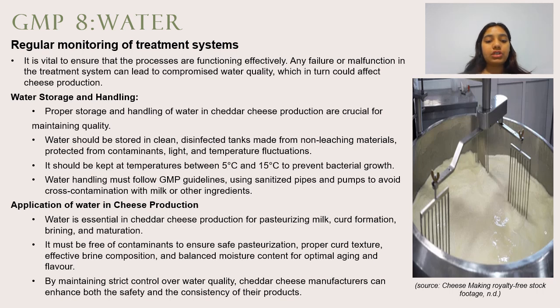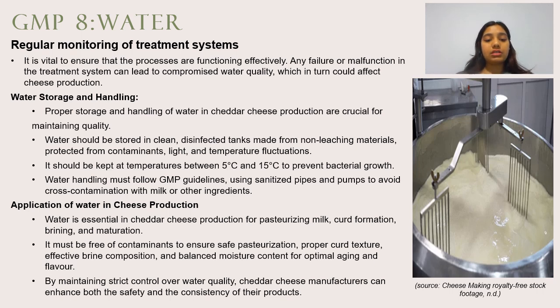The water storage and handling. So, proper storage and handling of water in cheddar cheese is crucial for maintaining quality. It should be stored in clean, disinfected tanks made from non leaching materials protected from contaminants, light, and temperature fluctuations. It should be kept at temperatures between 5 and 15 degrees Celsius to prevent bacterial growth. Water handling must follow GMP guidelines, using sanitized pipes and pumps to avoid cross contamination with milk or